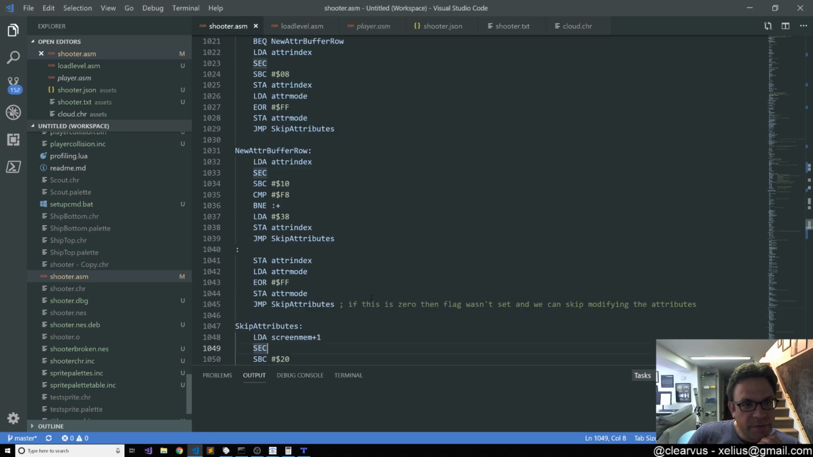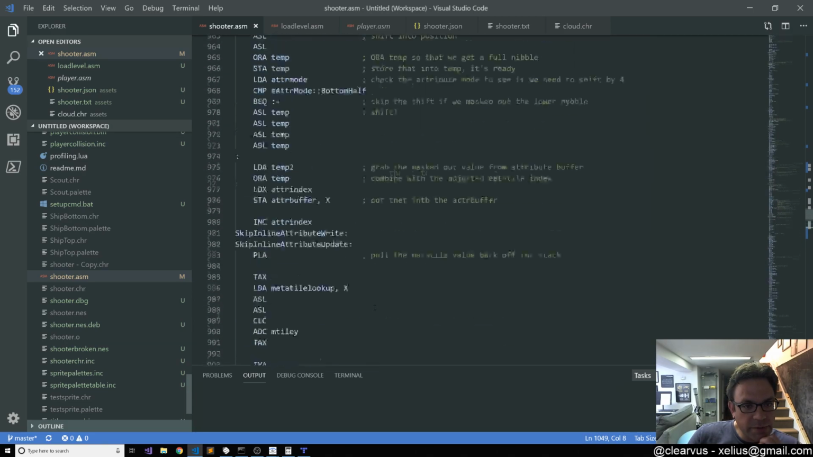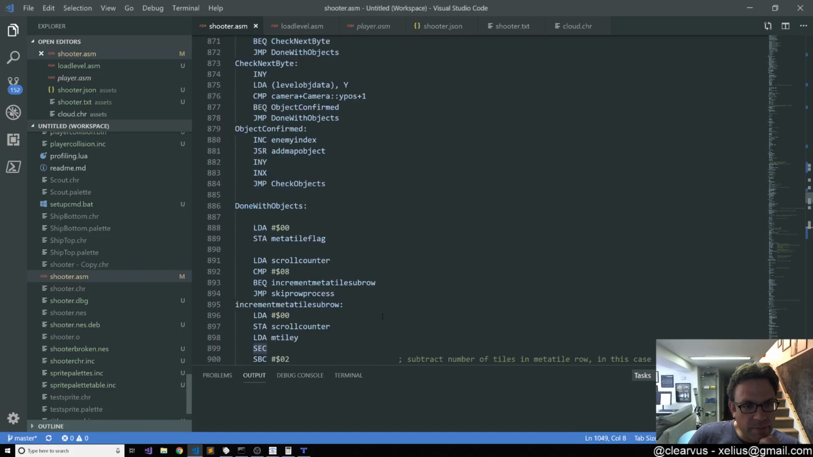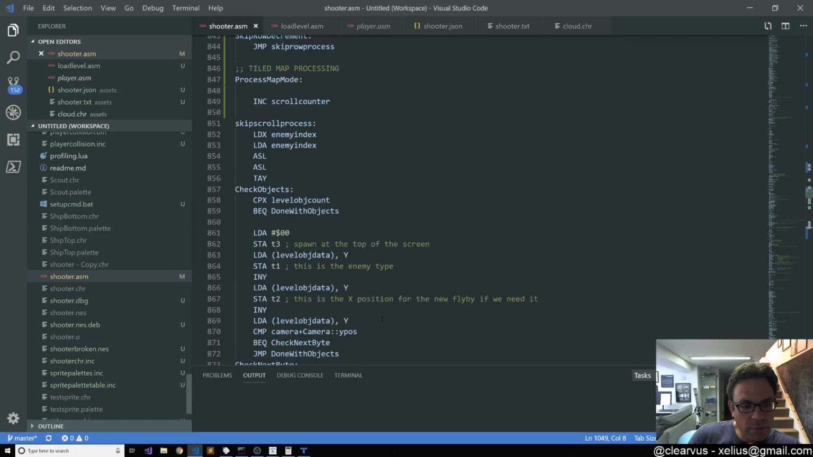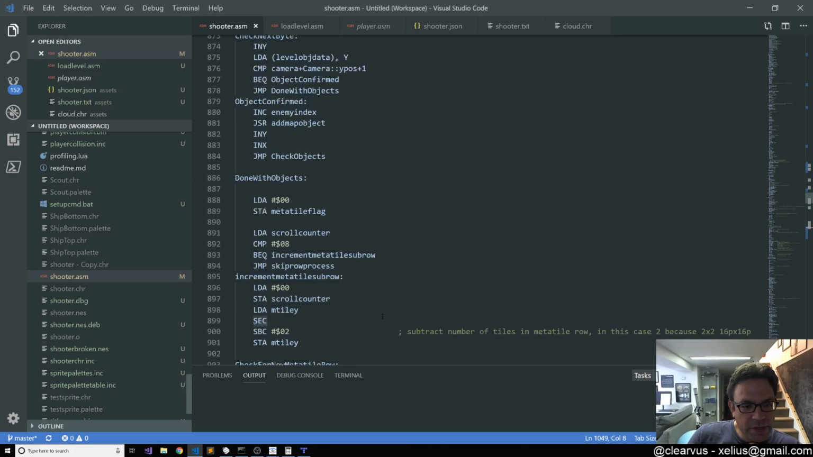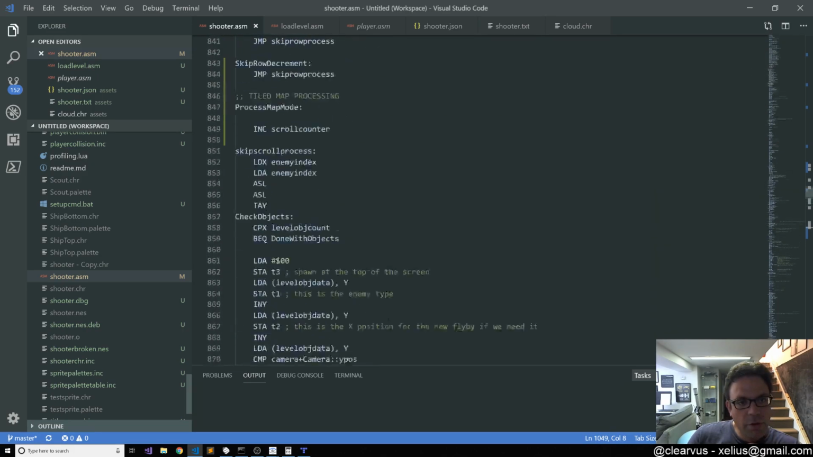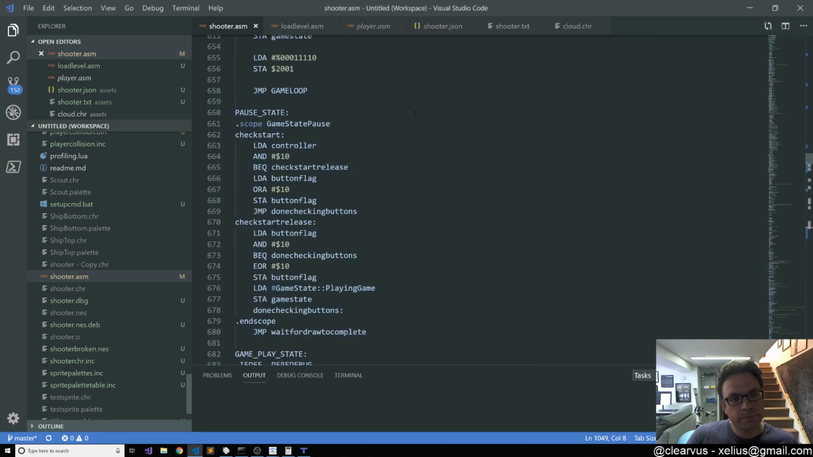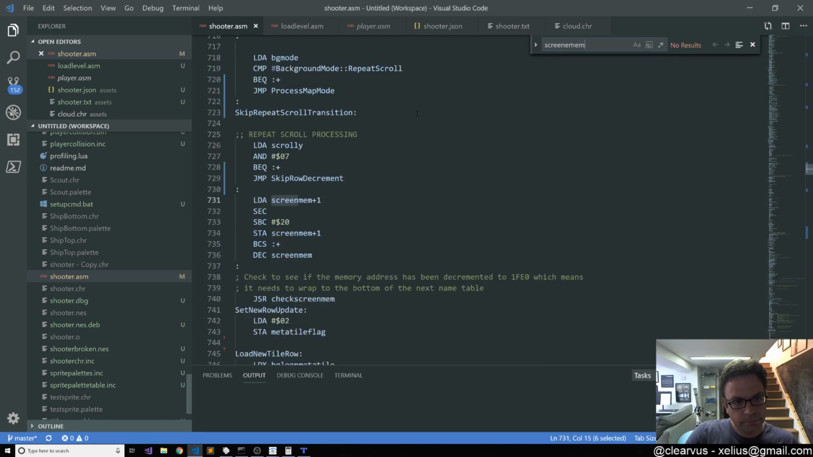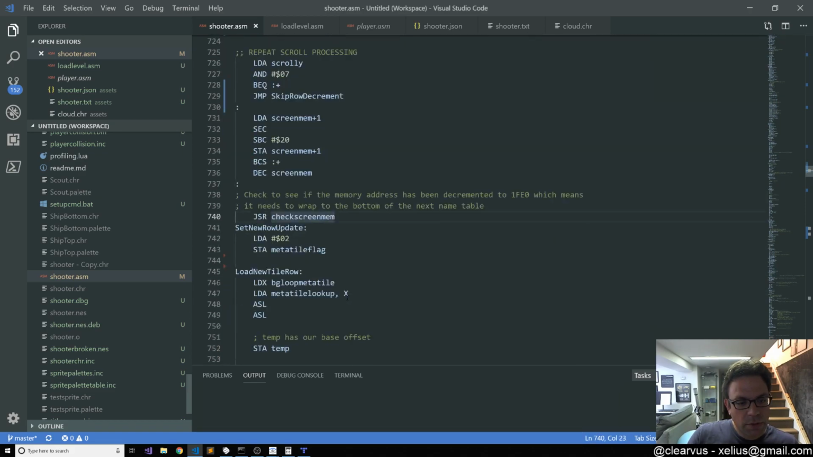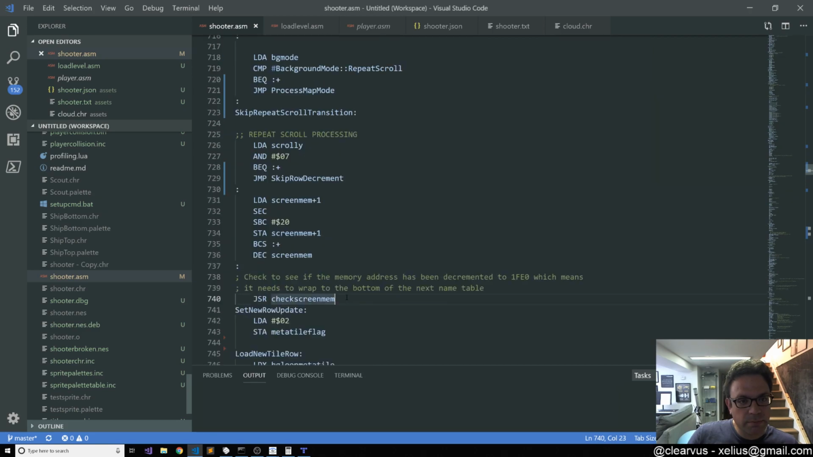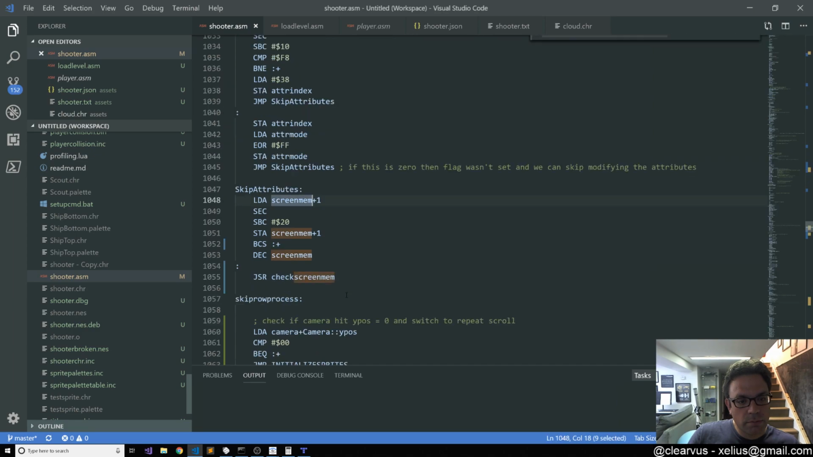Are we facing yet another example of where we're doing it slightly different in the map mode compared to repeat scroll? So it looks like in the map mode, we're adjusting the screen memory position at the beginning, checking it, and then processing. And for the repeat scroll,